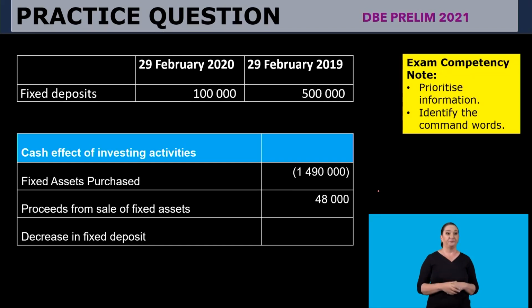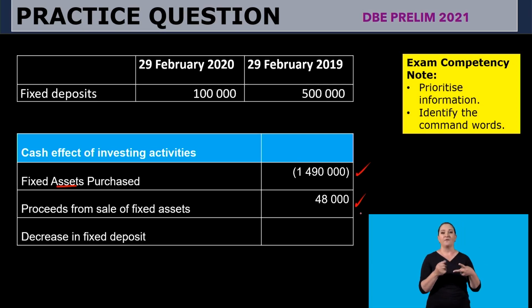We understand that under investing activities, we have two main aspects. There is our fixed assets, whereby we have the purchase of fixed assets, as well as the proceeds from sale of fixed assets. All right, so I'm going to record the second part now of the investing activities, which is